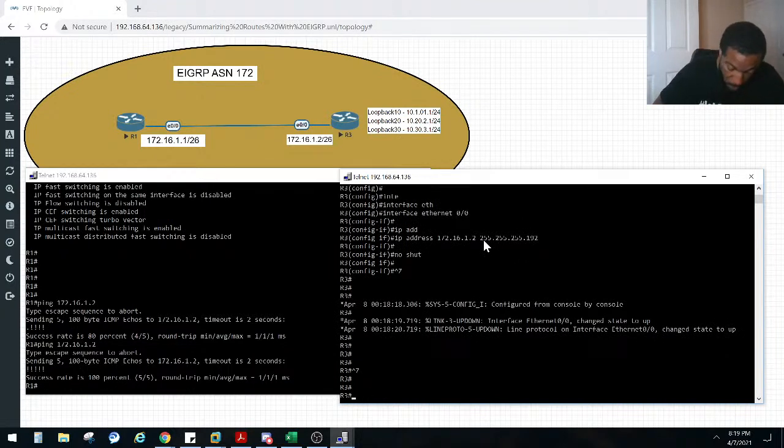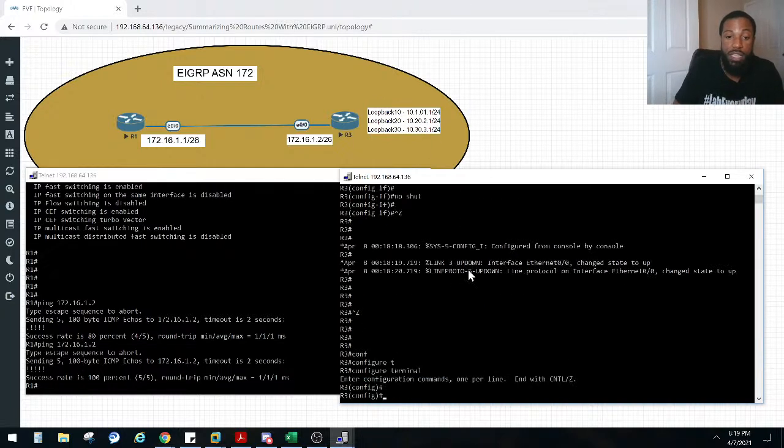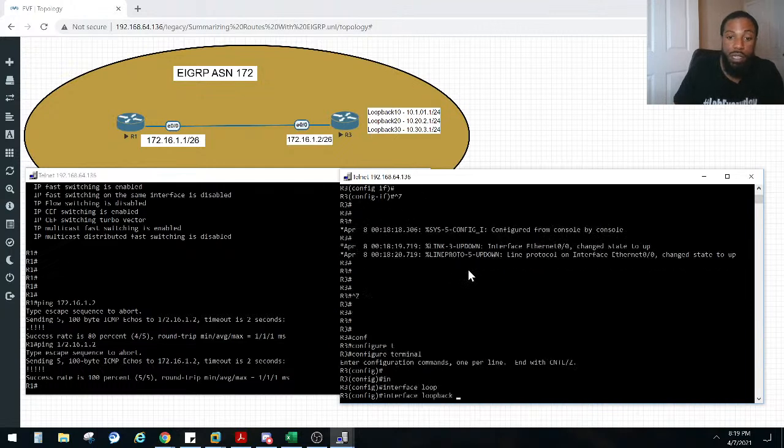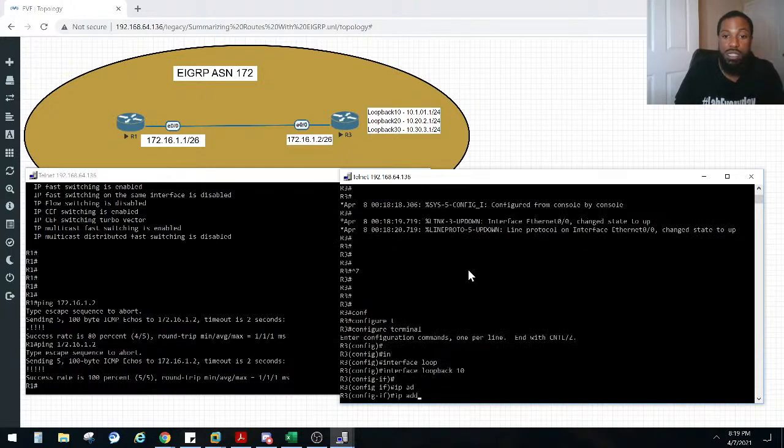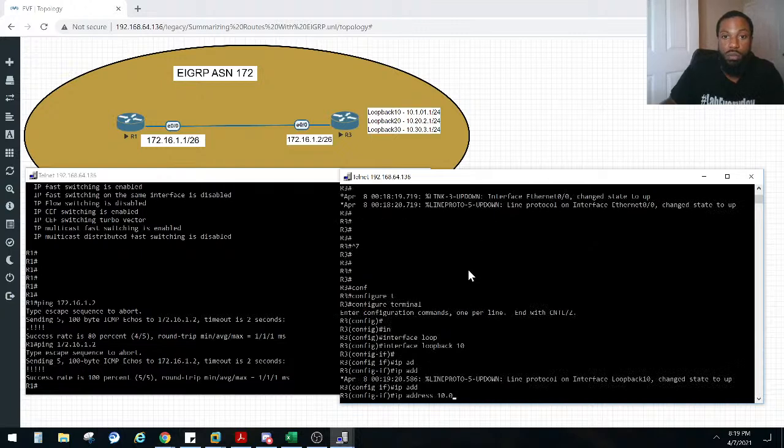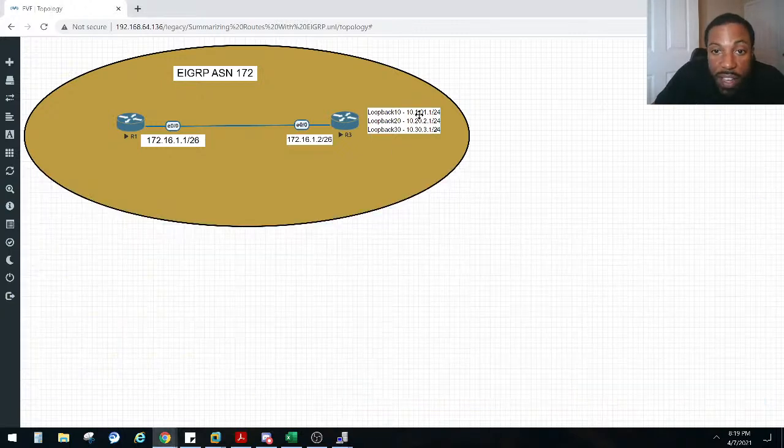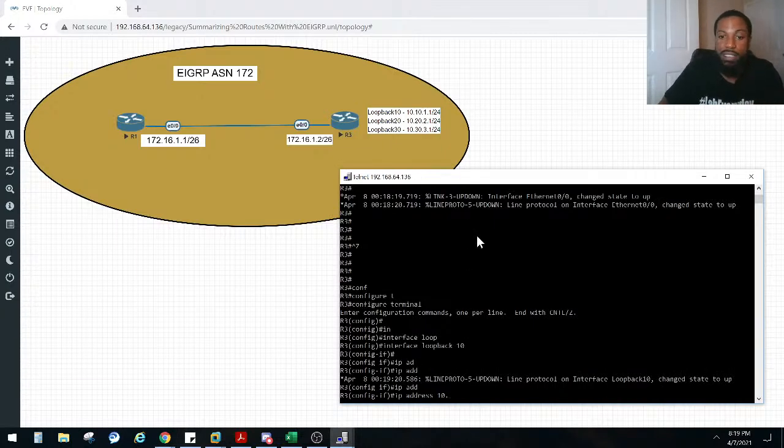Task 2 was to configure the loopback interfaces on router 3 as illustrated in the topology. So these loopbacks right here, loopback 10, loopback 20, loopback 30, with their respective IP addresses. Let's go ahead and do that on router 3. Y'all know how to do that, right? Same thing we did with the physical interfaces. Interface loopback 10. His IP address is 10. Oh, I got a fat finger mistake here. Fat finger squad in the building. See there? 10.1.1. There. 10.1.1, right? Am I correct in saying that? Yes, 1.1. Subnet mask of